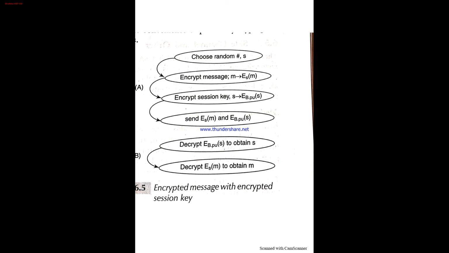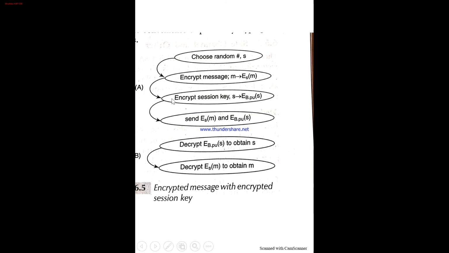And when it comes to public key cryptography, the speed, it takes a lot of time, because we have to generate the keys, and then that key should be used for encryption, and again the receiver has to use its key to decrypt it. All this is very tedious. So to combine secret key cryptography and public key cryptography, conveniently we'll go for a session key. So what is this session key concept?